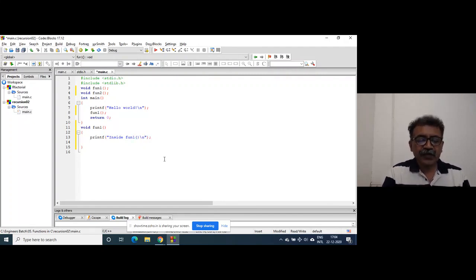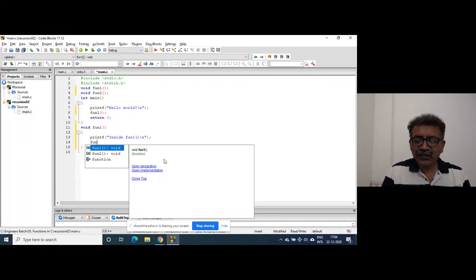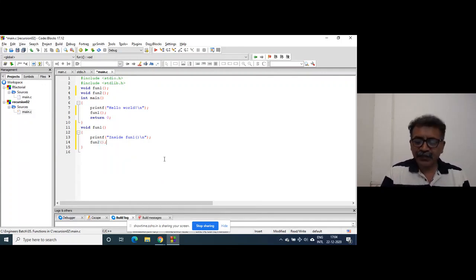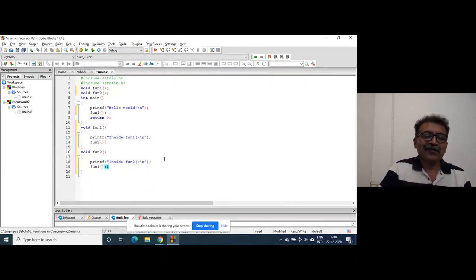And from here, it is not calling fun1, because that would be direct recursion. Here it will call function 2. And here there will be the function 2 definition, and here inside fun2, it will call fun1, right?